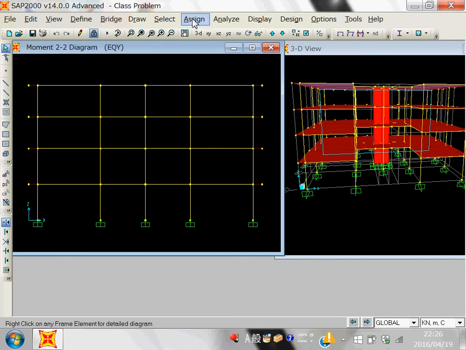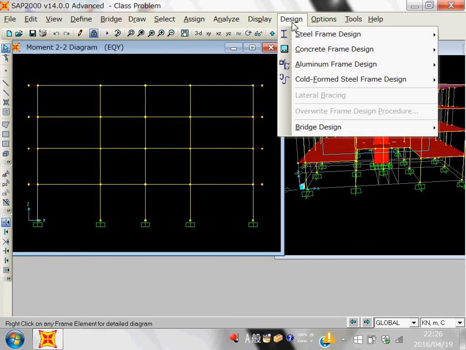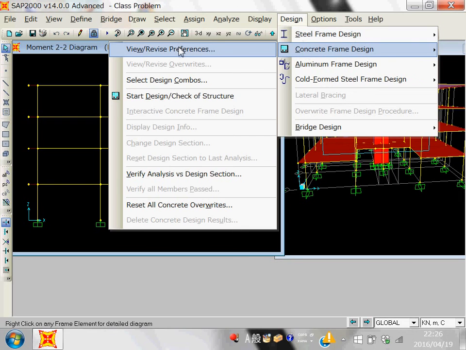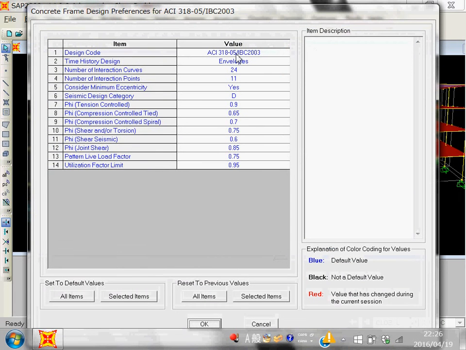Now just go to design, concrete, and this is a design code. I told you we have already given the design code in ACI 318, but you can change any